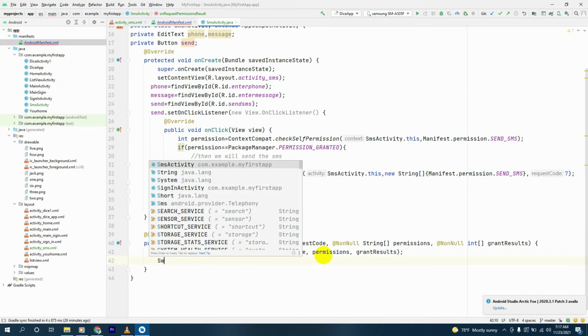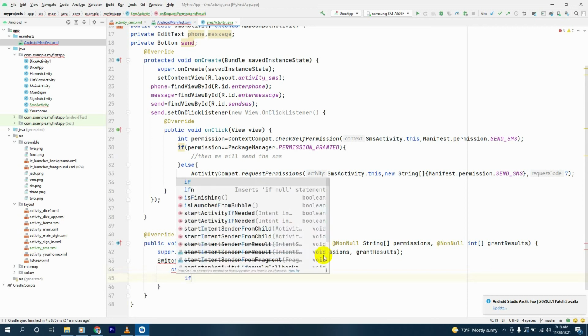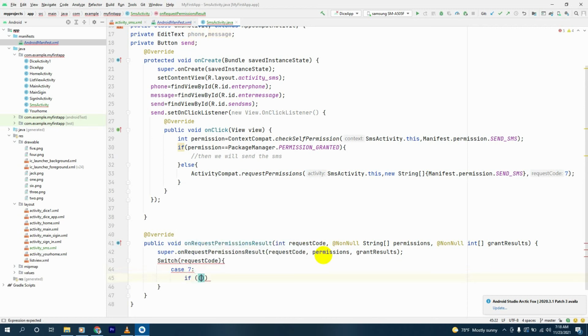We'll have a switch. Inside the switch we'll check the request code, and if it is case 7, we'll have an if clause placed. Let's check if grant results